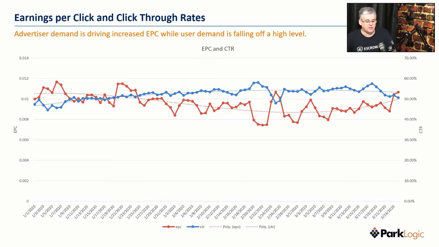Okay, so earnings per click and click-through rates, what's going on there? As you can see from these graphs here, once again, we're focusing on these end bits. The earnings per click rate is trending upwards as I think those small businesses are coming online and saying, I've got to get customers, I've got to get revenue from somewhere. And so they're fighting for that traffic. But then we look at the click-through rate, although it was trending up for quite some time, it's now tapering off. Well, maybe people are becoming a bit more used to the advertising and the different techniques being used to try to get their traffic and their attention.